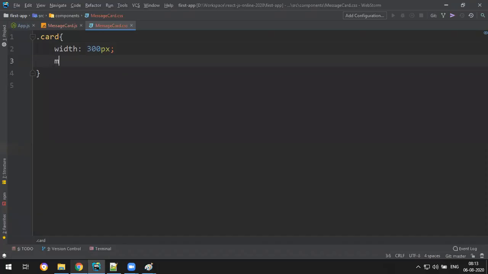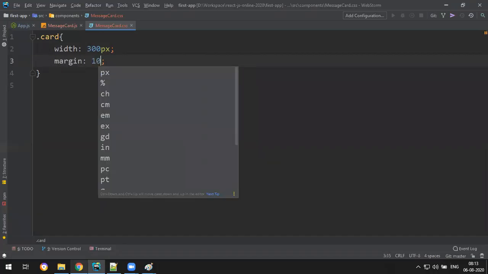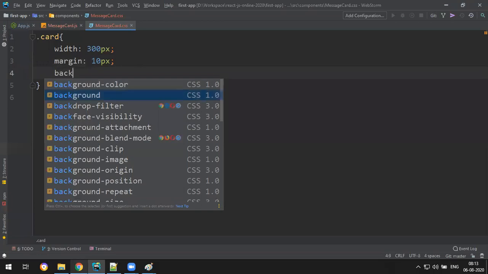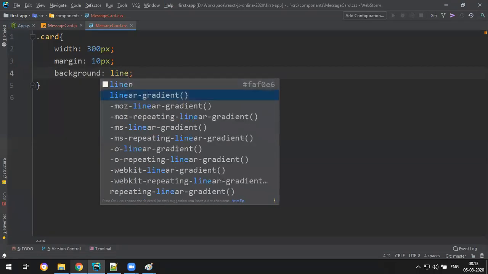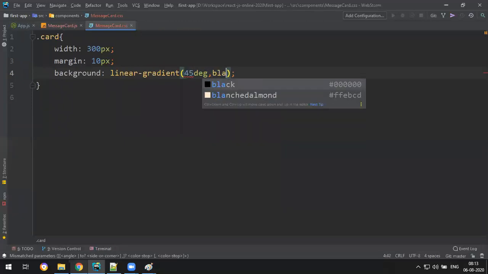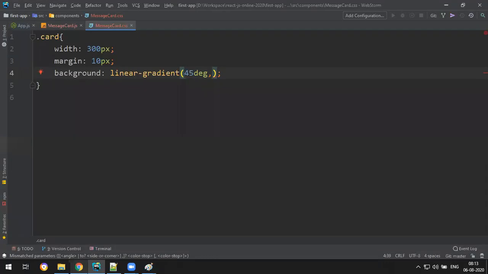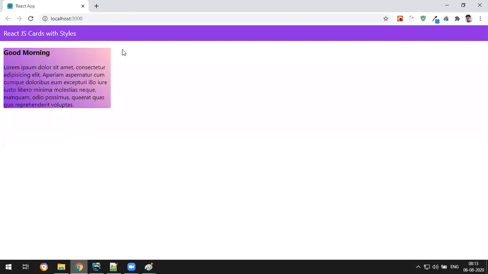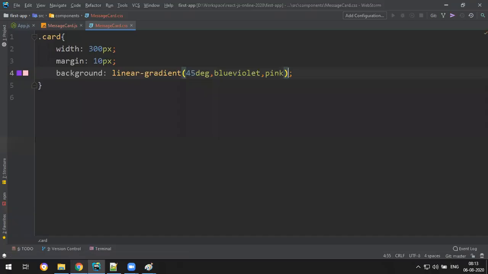Let me write some margin 10 pixels, and let me give some nice background color. I just want to give a combination of colors, background linear gradient 45 degrees, blue violet and some pink color.